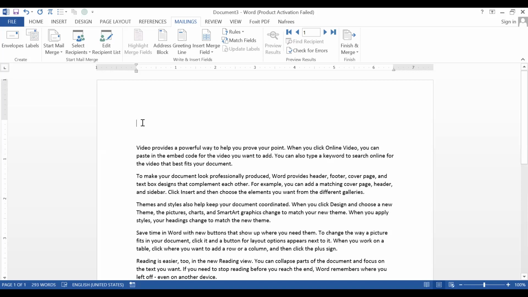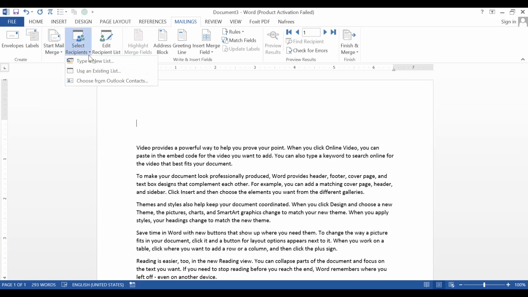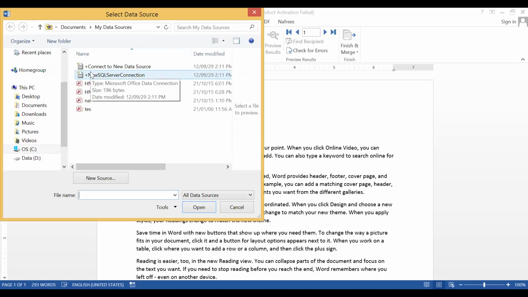In the next section we have to start inserting the required fields in your letter. The letter is already selected, so no need. Now go here, select recipients and select use an existing list. Which one are we going to use? HNDA test. This is the file which we created a while ago. So select this one.